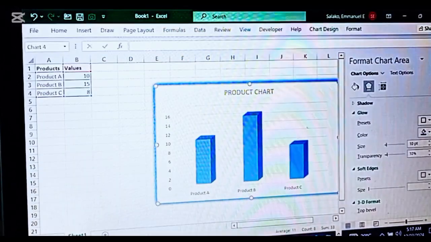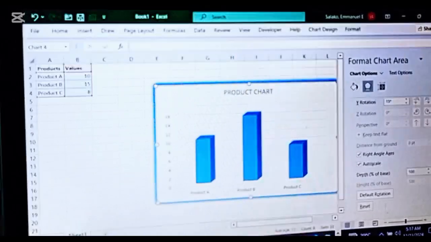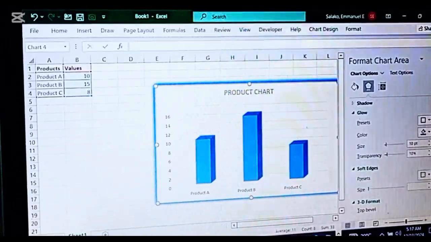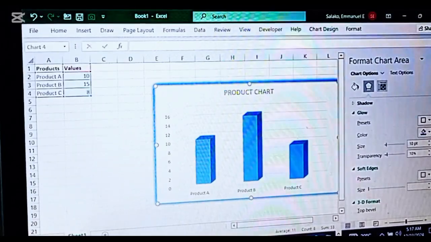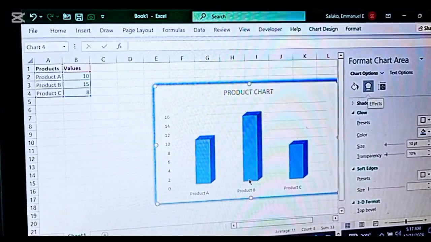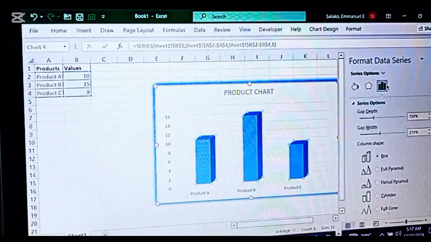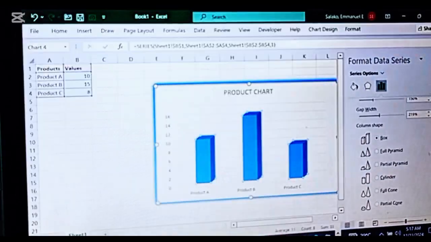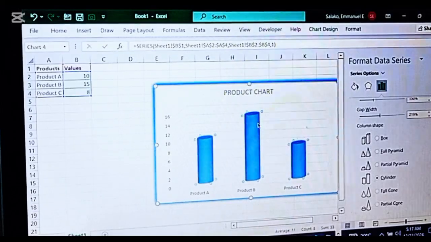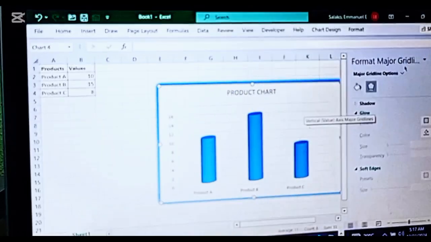Okay, so moving on, we need to click on the chart icon. So click on the chart icon. Ensure you are doing this from your end also. Click on this chart icon, not this icon, the second icon here. That's the chart icon, and then click on cylinder. You can see that this automatically changes the chart to a